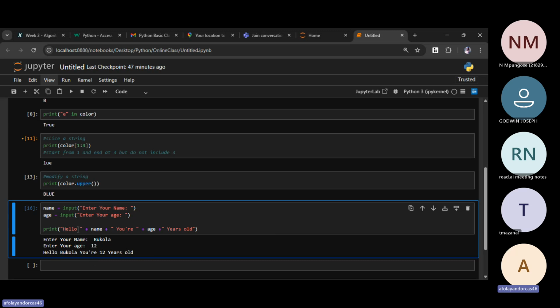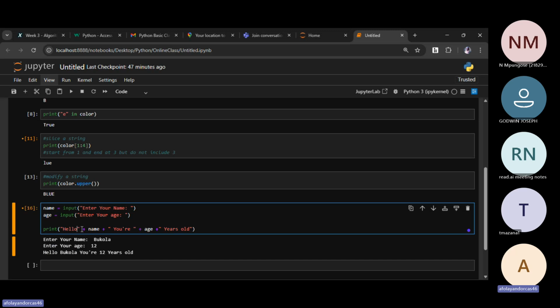So this is actually nice, but there's still another way of adding space to your text. For you to add a space, you can add plus, then an empty string, with just a space between, and you put it here.